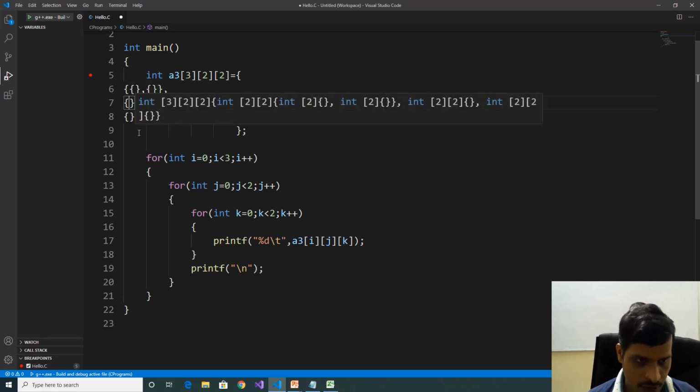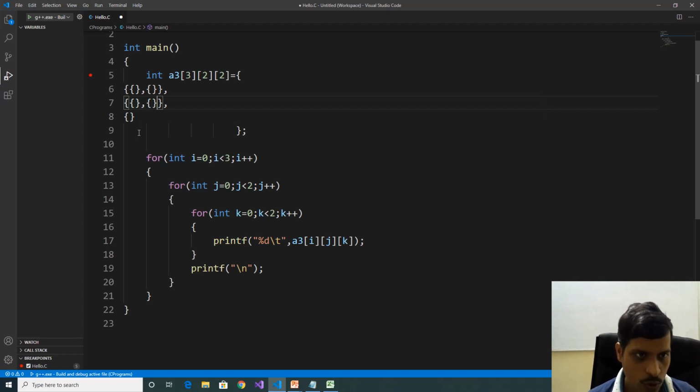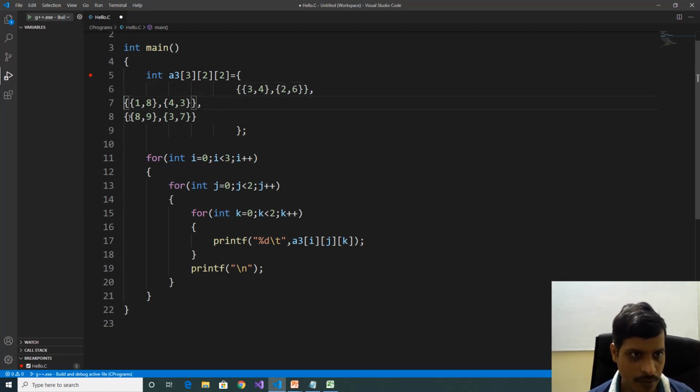Here 1, comma, 2. Here 1, comma, 2. This is the last one. That means here we have 2, that means each one contains 2 values. Here 3, comma, 4, 2, comma, 6, 1, comma, 8, 4, comma, 3, 8, comma, 9, 3, comma, 7. Format this one.